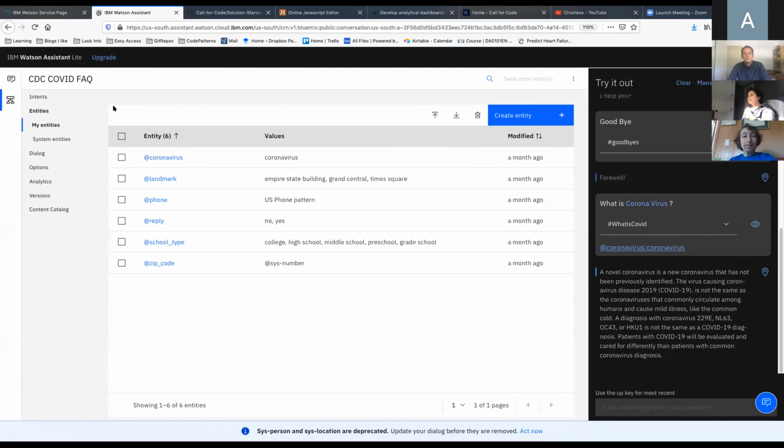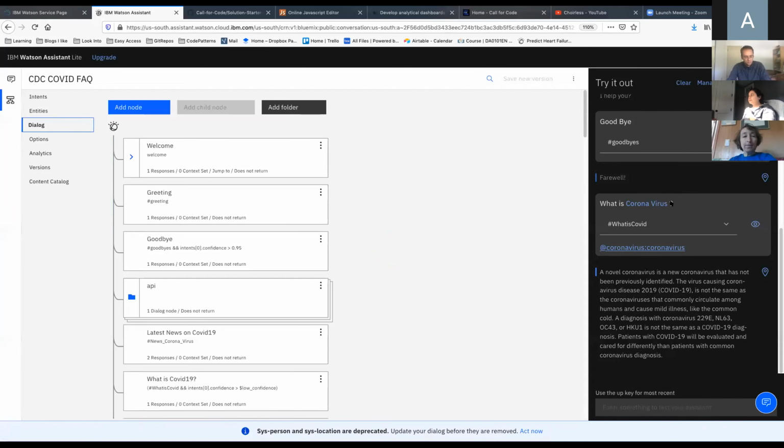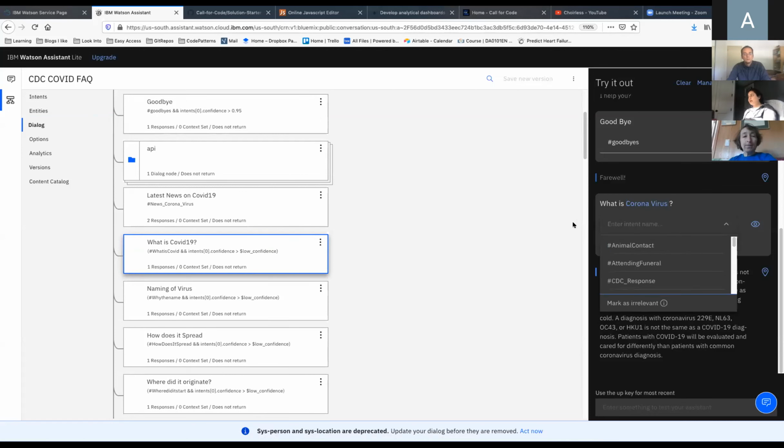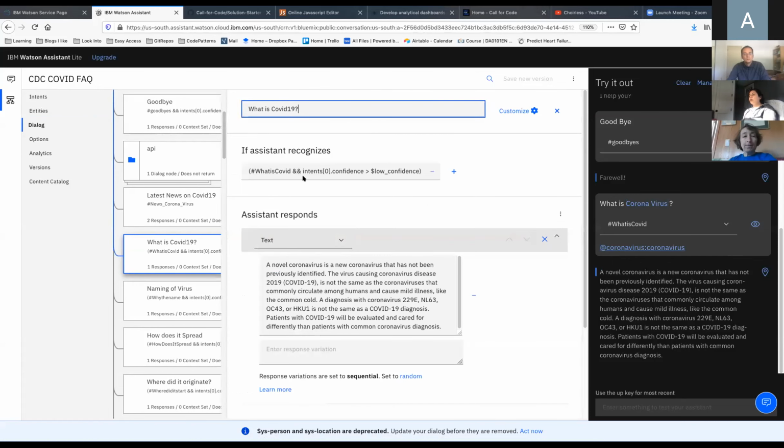So in this scenario where we asked, what is coronavirus, you can see that this blue coronavirus is highlighted because it recognizes that as an entity. You can see that entity is highlighted, but it jumps to this intent in the dialog tree where it's written as this intent, if Watson Assistant recognizes what is COVID as the intent.